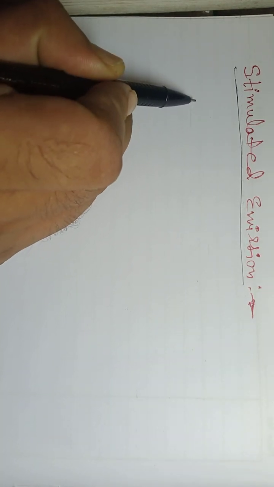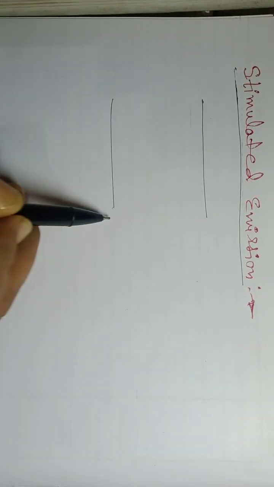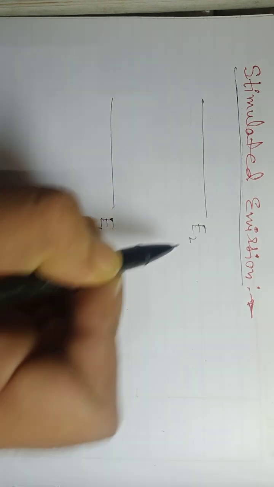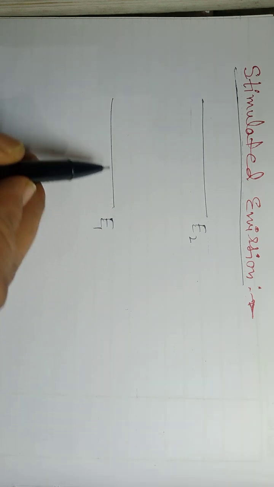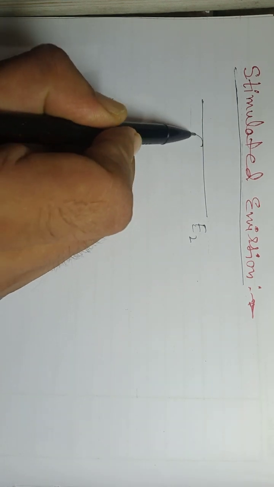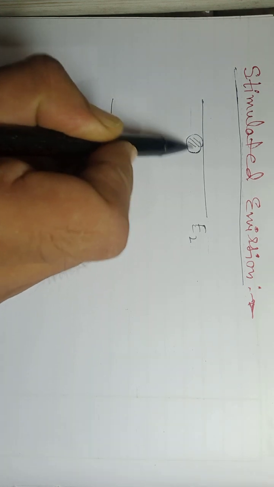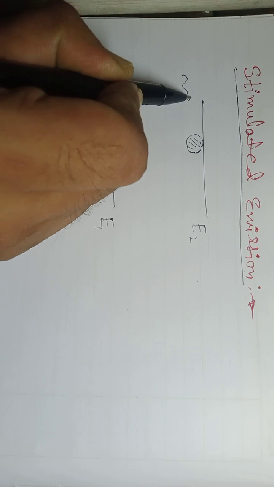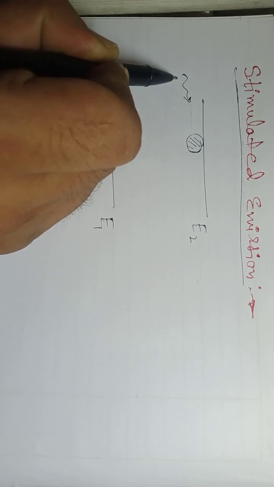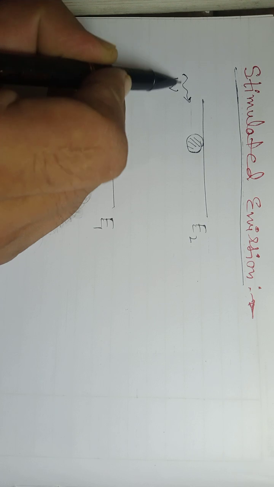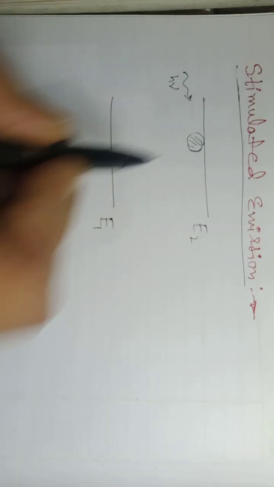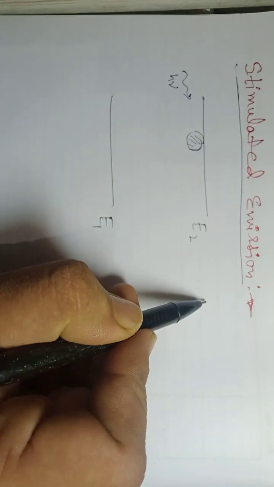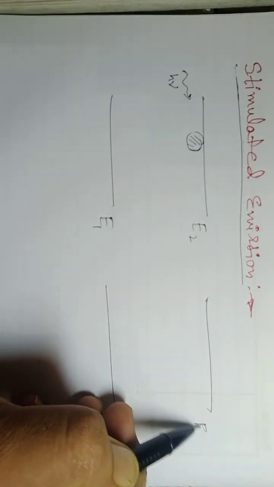Suppose there are two energy levels. One is E1, called the lower energy level, and E2 is called the higher energy state. So initially an atom is in the higher energy state. When a photon of frequency nu, or energy h nu, is incident on this atom, then this atom